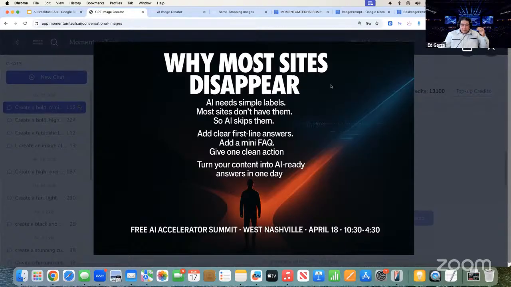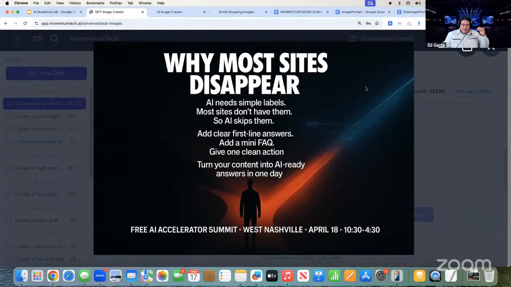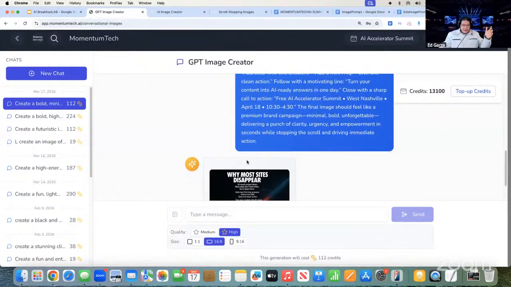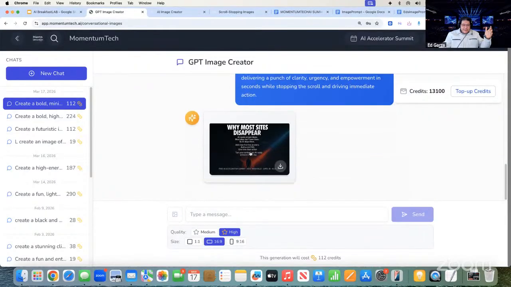Obviously, you could add elements to it, add your logo. Maybe you want to get rid of some copy, maybe you want to add some stuff. So it gives you a good basis. If you know Canva, you can do all kinds of stuff with these things. We even have an editing tool here right in the platform too, right? To create amazing, stunning images.